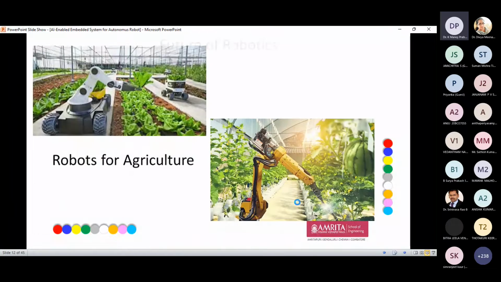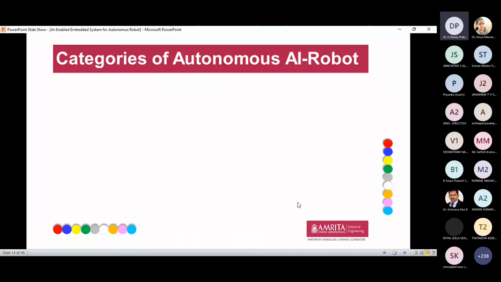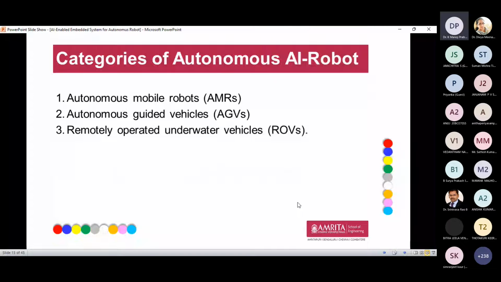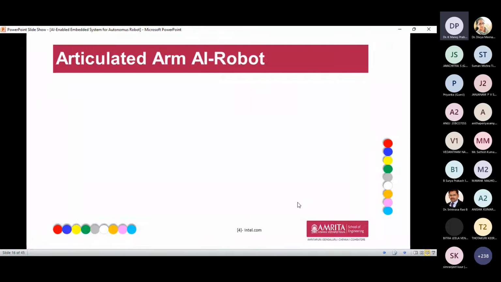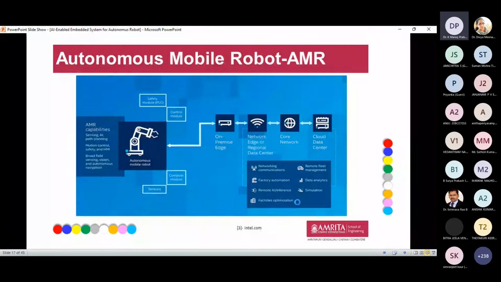Next we're going to see what autonomous robots are, and how autonomous robots work as part of embedded modules, and what the embedded modules do on the autonomous robot. So this is an autonomous robot, just an outline structure of the autonomous mobile robot. Whenever we design an autonomous mobile robot, one important part is your embedded modules. Based on your embedded module, the action can be more accurate and more efficient.